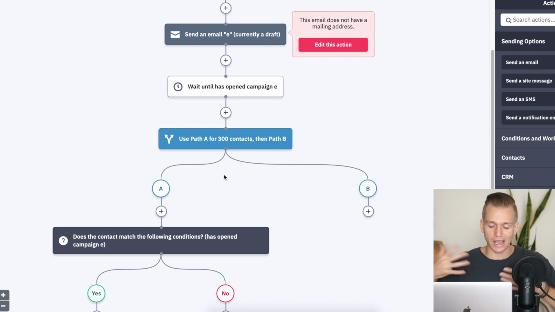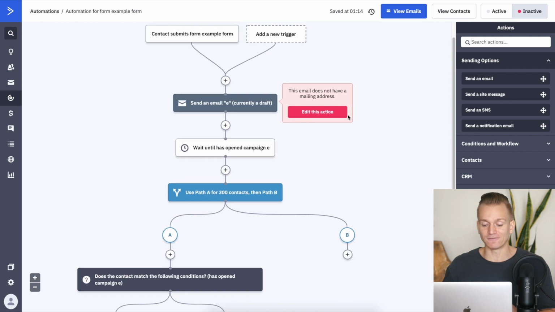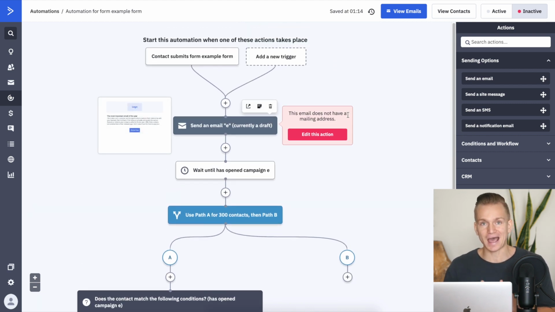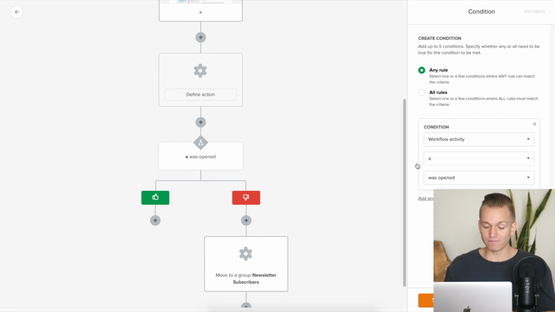So just split test, A/B test, however you want to call it. You can do that within automations with ActiveCampaign, which is very powerful, and this is something that unfortunately you do not have on MailerLite. Other than that, I would say when it comes to MailerLite, you have pretty much everything,